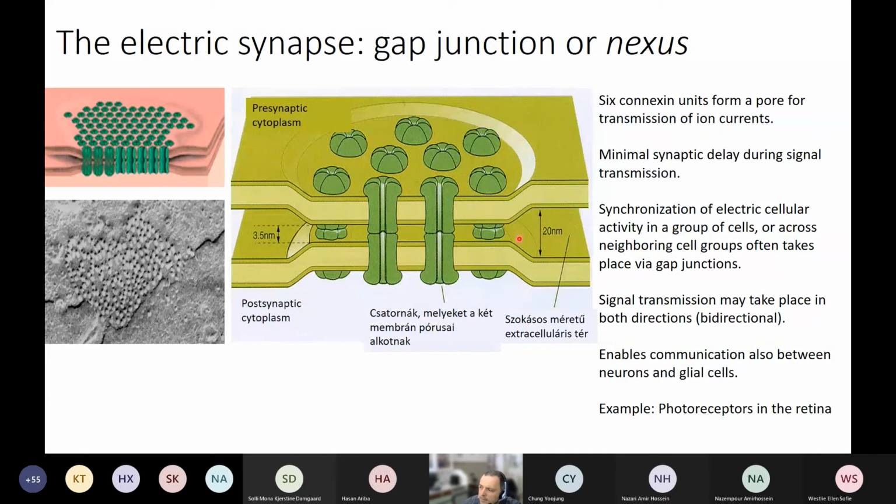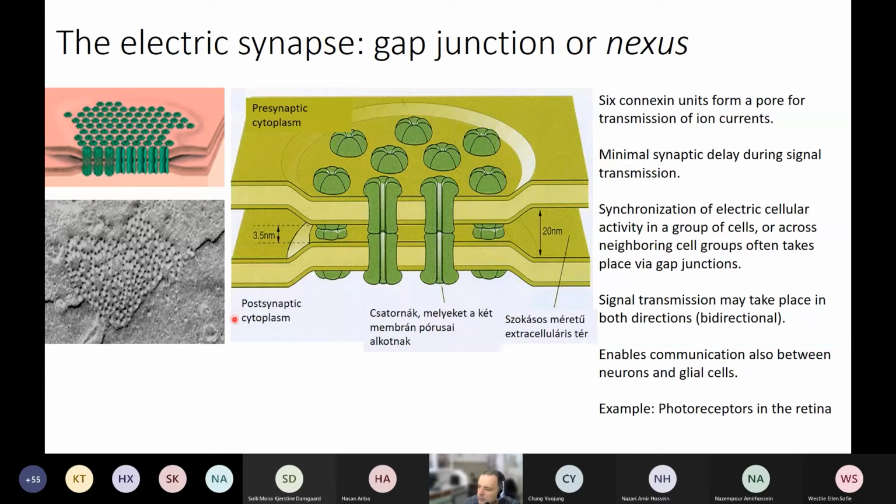of 20 nanometers. But in some areas, this distance is significantly reduced to 3-4 nanometers. And in these areas, the cell membrane has specific proteins, and 6 of these proteins form a specific channel. The proteins are called connexins, and these connexins will then form a channel, and the other cell has similar connexin proteins too, and the two cells will therefore be connected through these